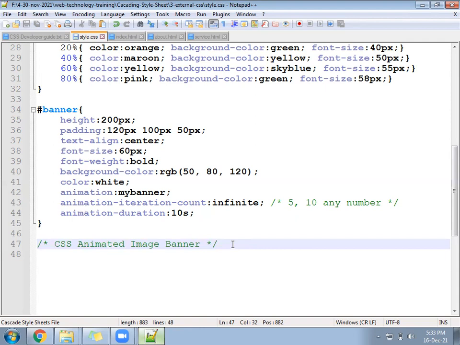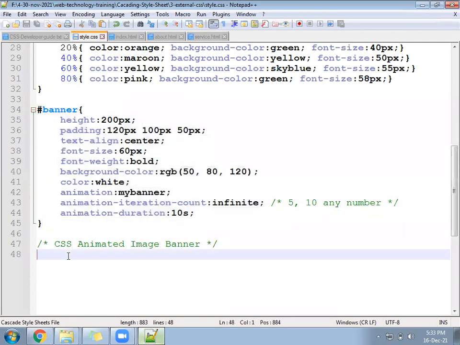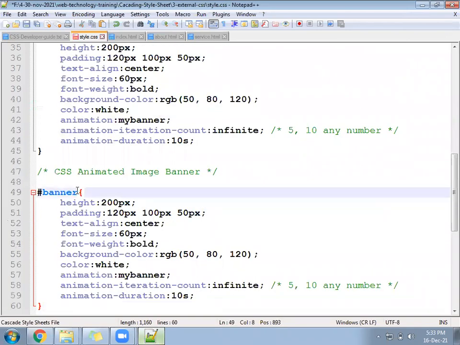Clear? Now this banner we have written, you can copy this and paste here. Change to banner 2. Let it be same, padding, font size, background color we have written. You can change to background hyphen image. Background hyphen image URL 1.jpg.